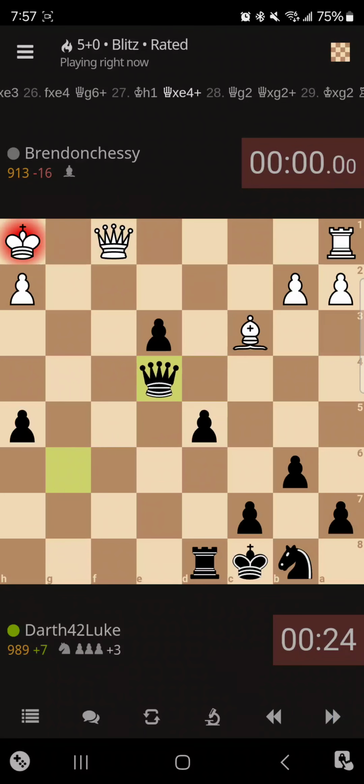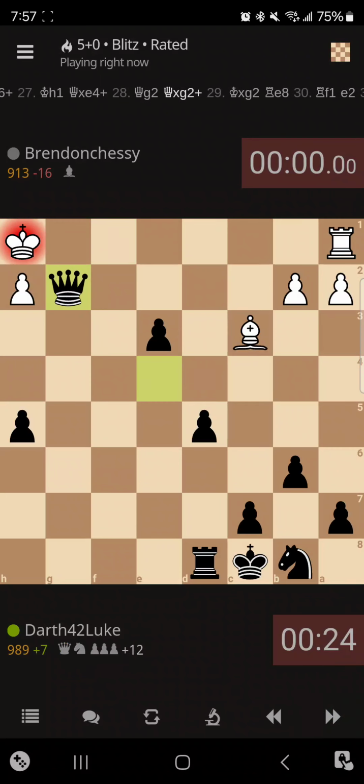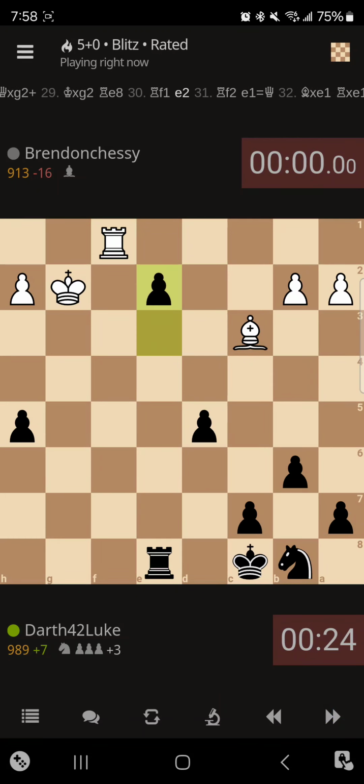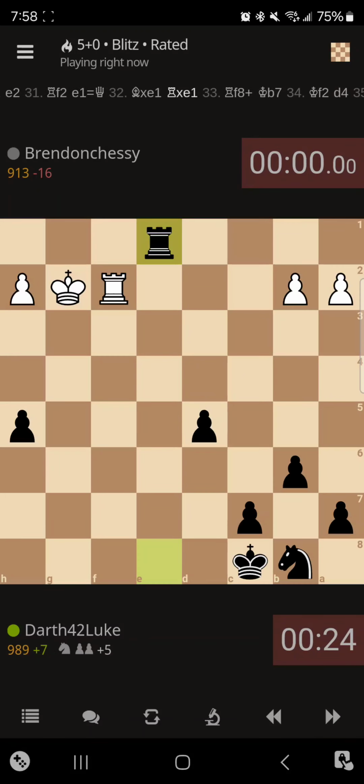So I get a pawn and a check. Now he blocks. Now I will take, because the rook is still stuck in the corner. He takes back. I can put him in check with my rook, but I don't. I'm going to push this pawn forward instead. So I put my rook on that file. And I push forward. Now his rook is in danger. He threatens. So I get a queen,